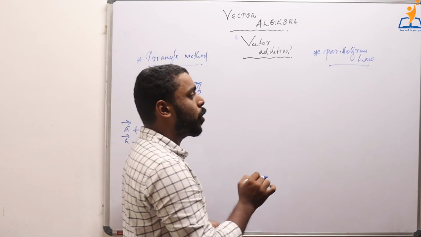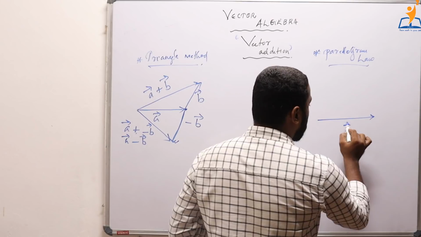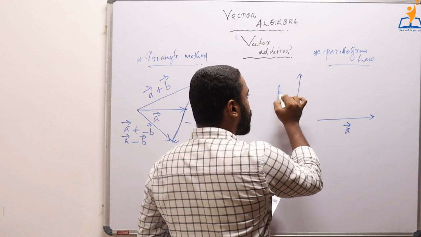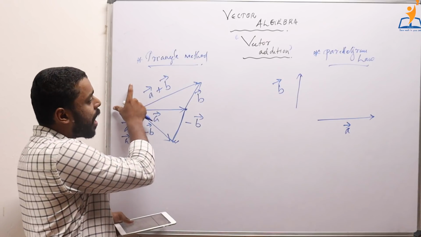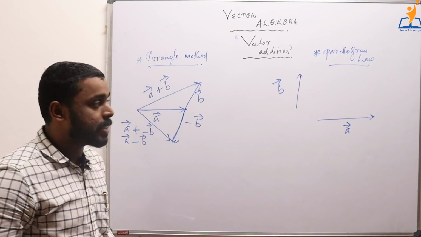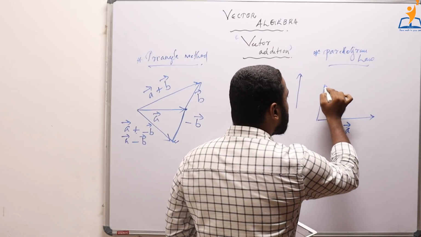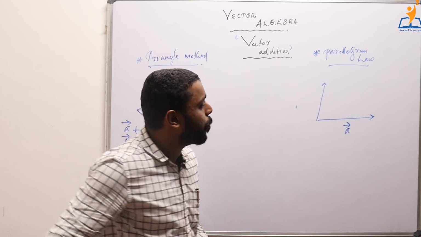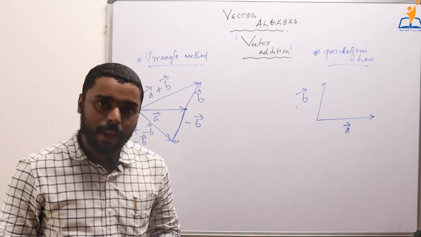Now coming to the parallelogram law of vector addition. In this case, we are provided with a vector, say vector A, and also another vector B. In the triangular law we dragged vector B to the point where the terminal point of vector A lies. In the parallelogram law of vector addition, we drag this vector to the initial point of vector A. So here I dragged vector B to the initial point of vector A, and we get the new position of vector B.